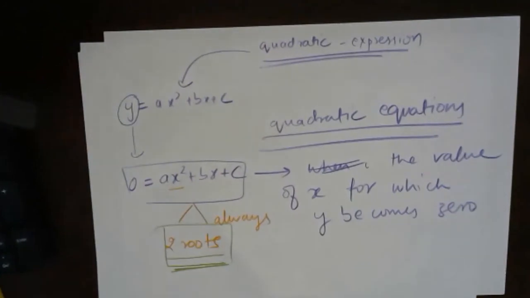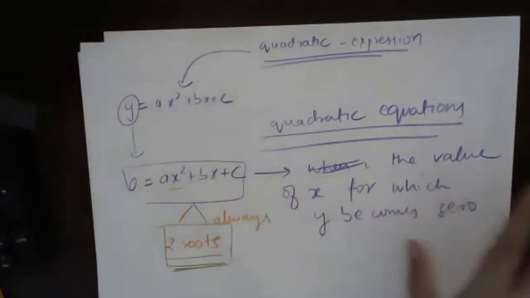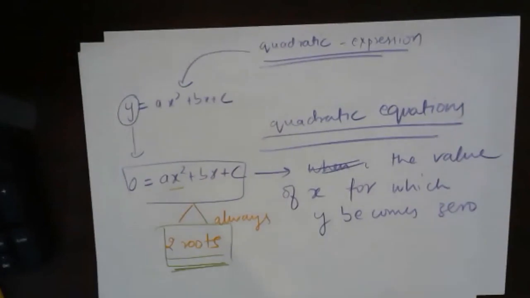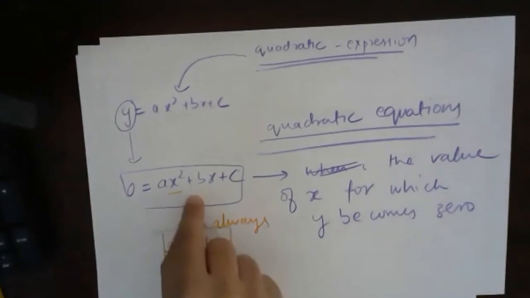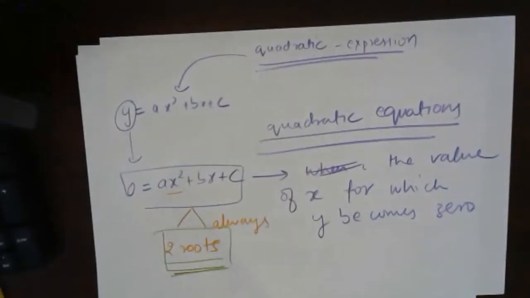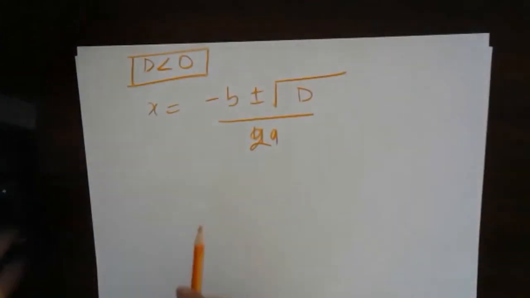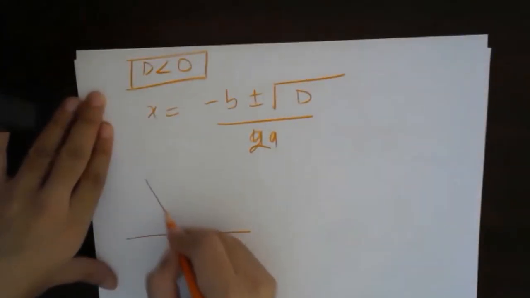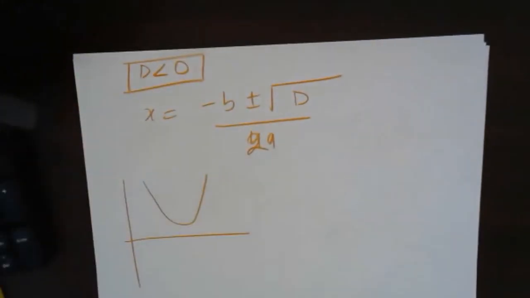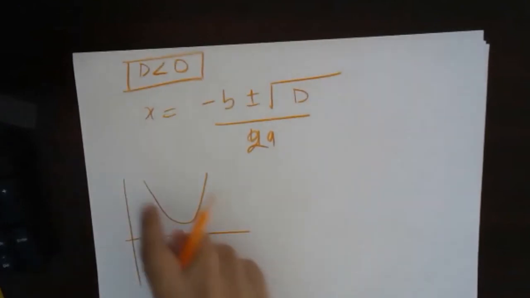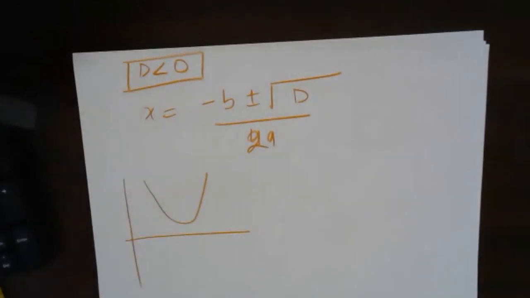So that means for all cases, we assumed that there will be a point on x such that you will get y equal to 0. There will be a point on x such that you will get 0. But for this kind of case, suppose this is the y-axis, this is the x-axis. Tell me, will there be any x for which y will be equal to 0? Is this curve ever touching the x-axis? No, it is not touching.